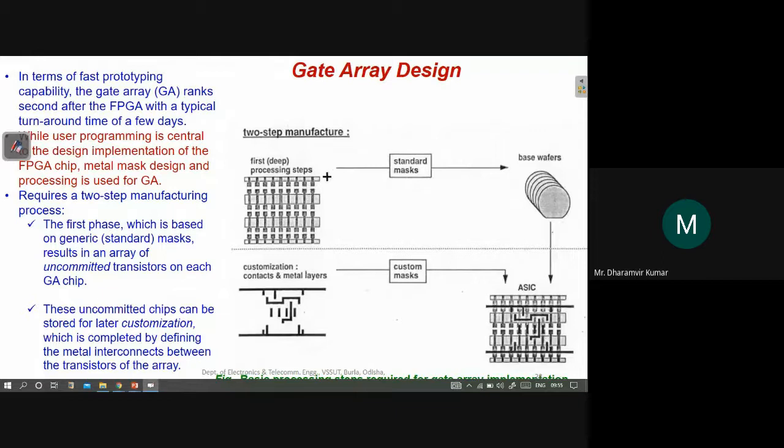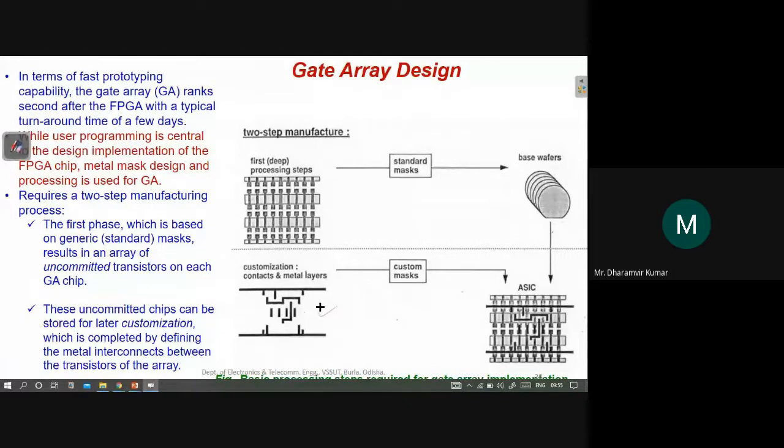And since these are not connected, they are called uncommitted transistors, so they are not committed to any circuit or any other transistor. They are independent. So the idea is we have transistors, and now we will have a circuit that will be an interconnection of many transistors. So the way in which those transistors are connected, we have to figure out, with the help of metal lines.